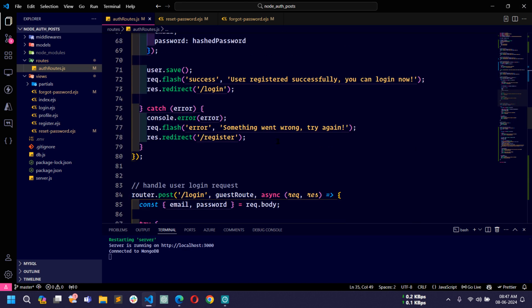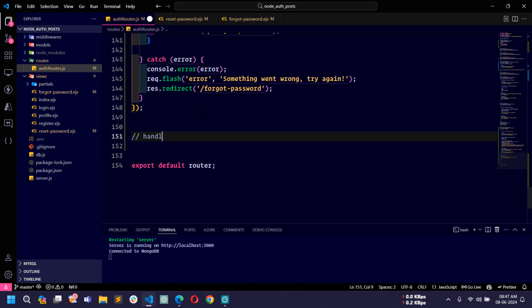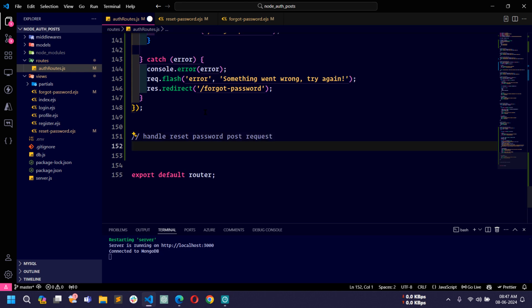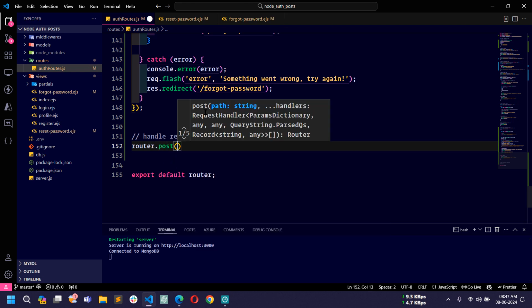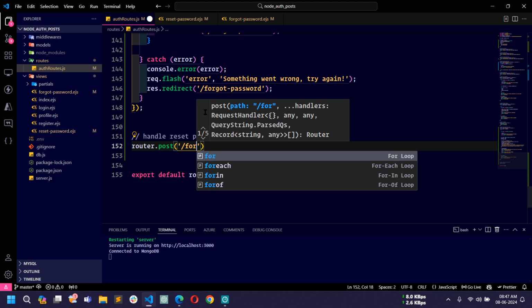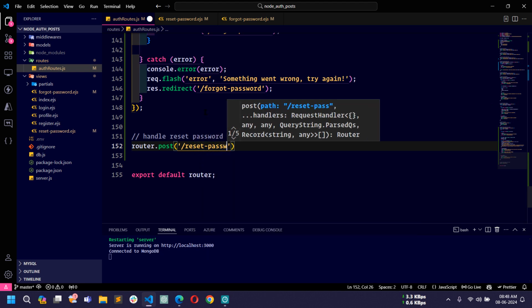Okay, so just go below, and here I will write a comment, handle reset password post request, and here I will use router dot post, and then I will use reset password instead of forgot. Okay, so just write reset-password,